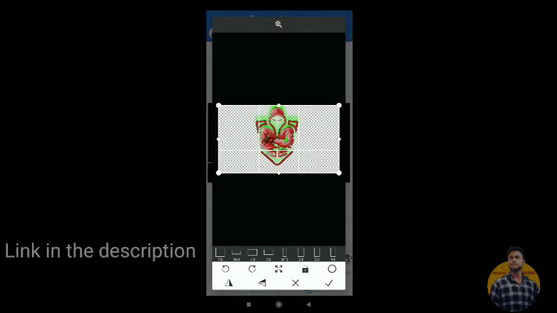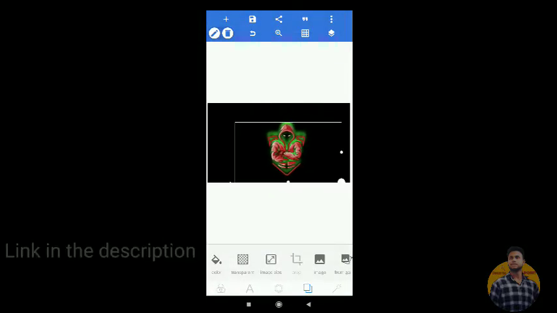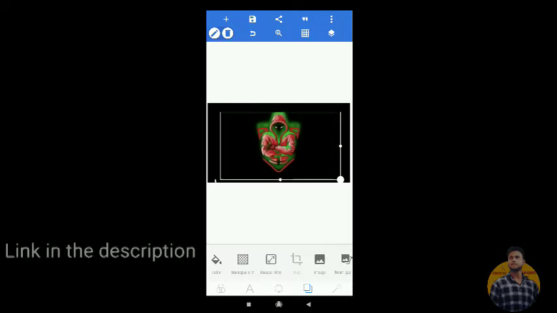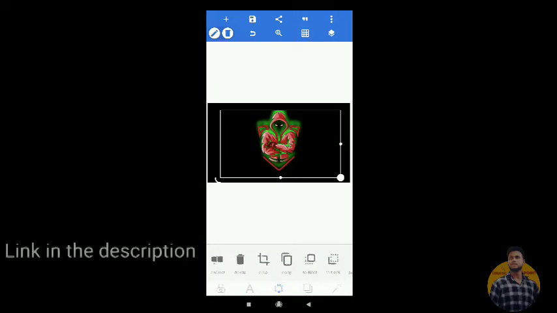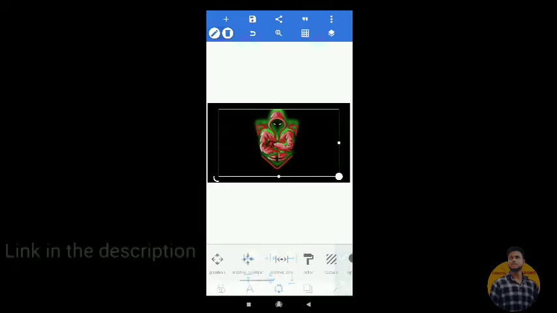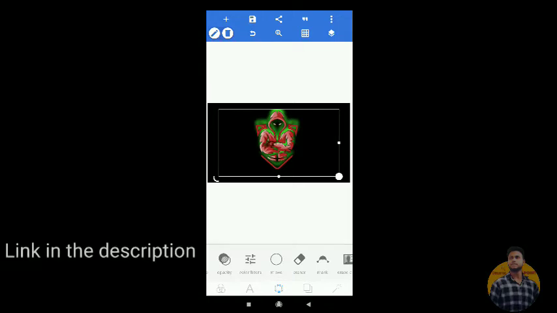Okay guys, this is my logo. Click here and adjust it. Now here you can see relative position. Adjust the position. Now here you can see shadow.